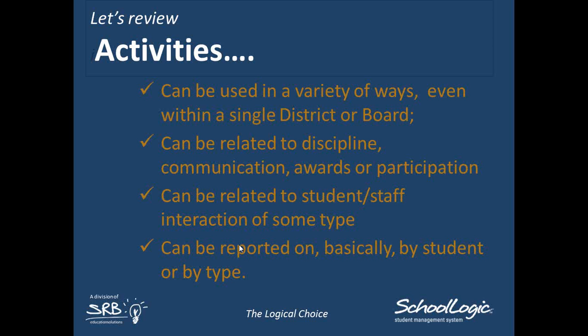You're going to say, okay, broadly speaking, am I going to report by student or am I going to report by type? And I would urge you to consider how you want to set that up. Do I want to be building owned? Do I want to be district owned at the correspondence type level? What sorts of things am I going to track with that lookup value called correspondence type? How am I going to use the subject? And all of that is the front end.